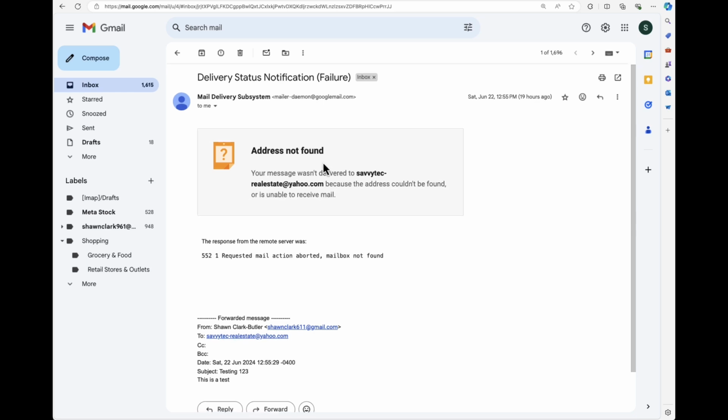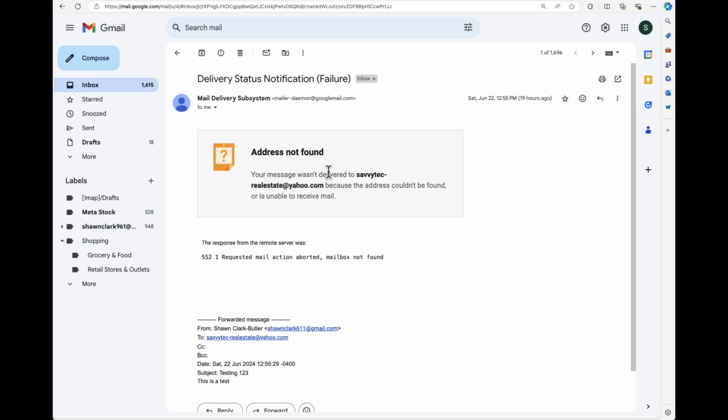So they will be notified when you delete that account, or basically just being told that this address cannot be found. So this is what it looks like. All right, now, this is a good thing for people who are so tired of getting inundated with a lot of emails. But if you happen to create a temporary account and you gave this email to someone important that you didn't intend to,